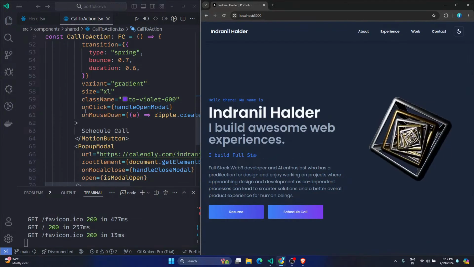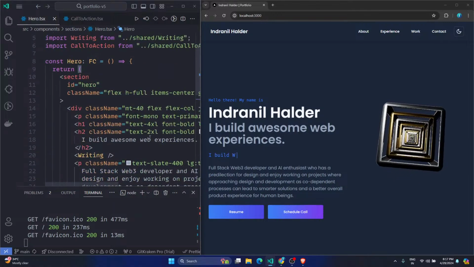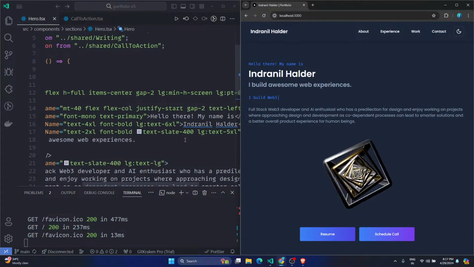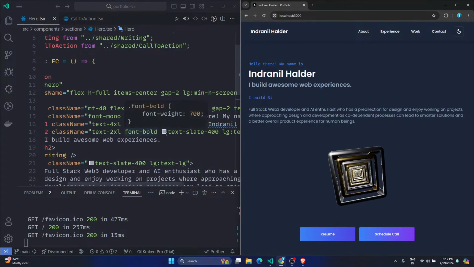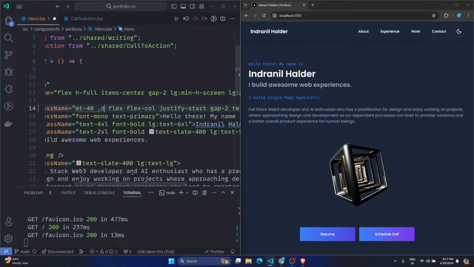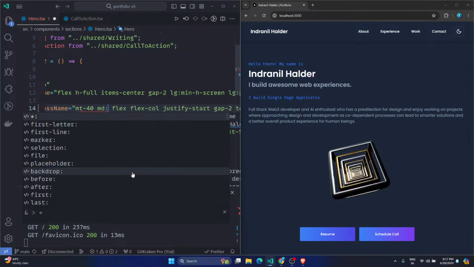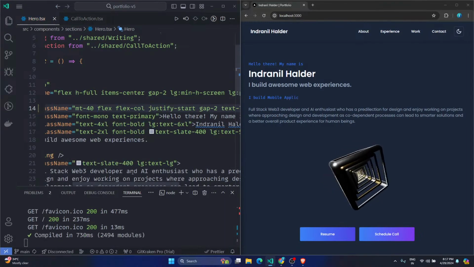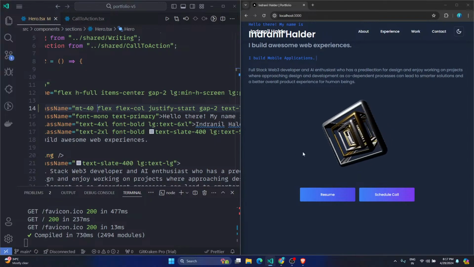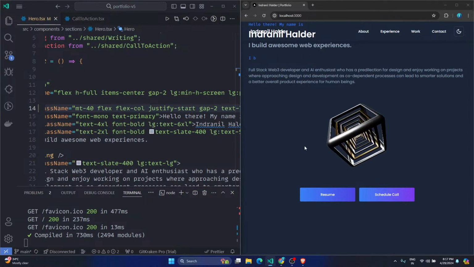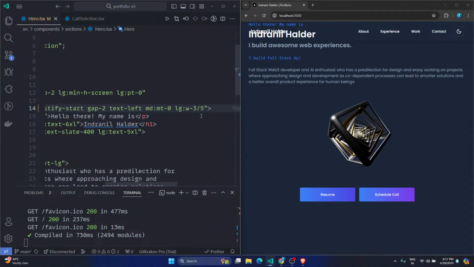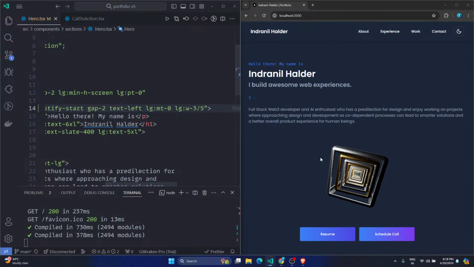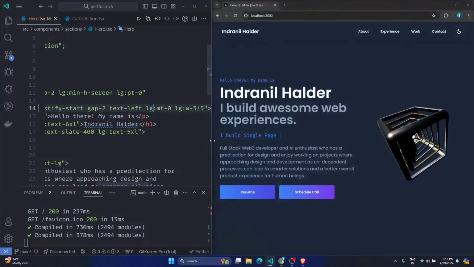I forgot to remove the margin from the hero when the screen is large, so MD might be good. So md:mt-0, and that should do. No, that didn't work. LG, that should work. Yep,